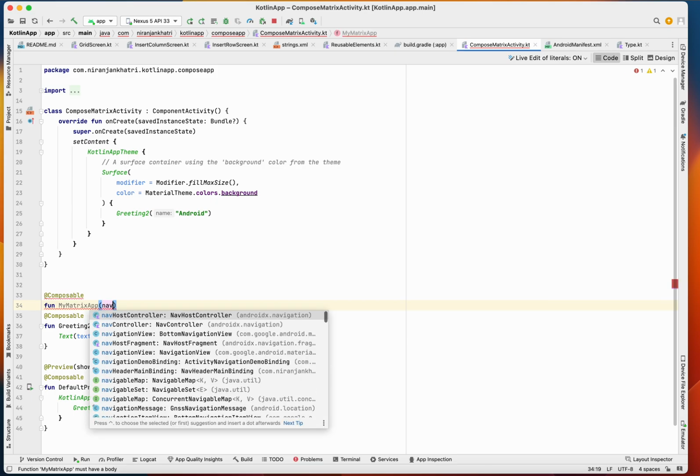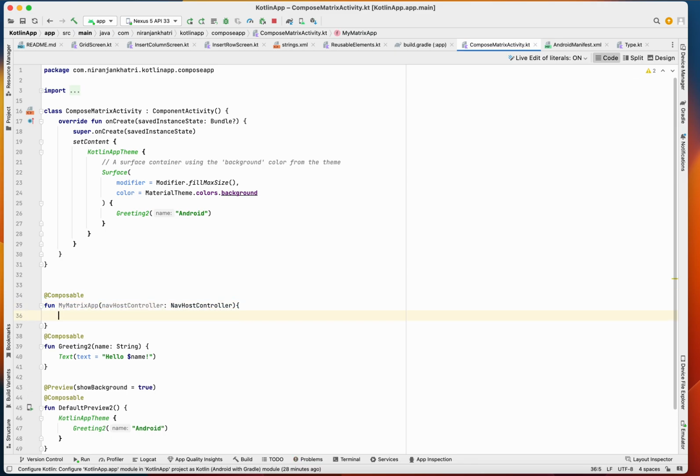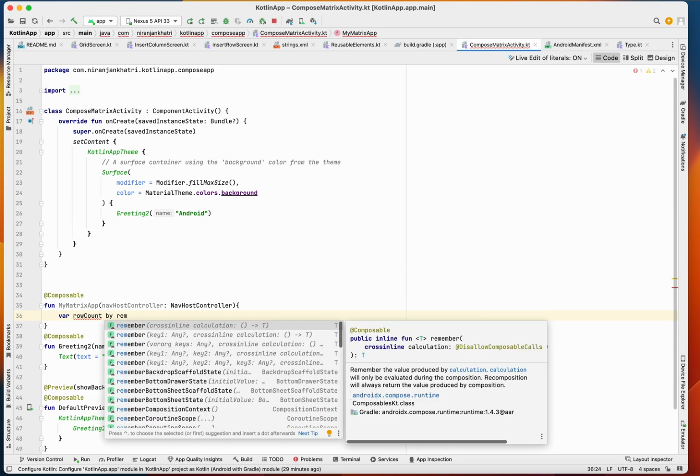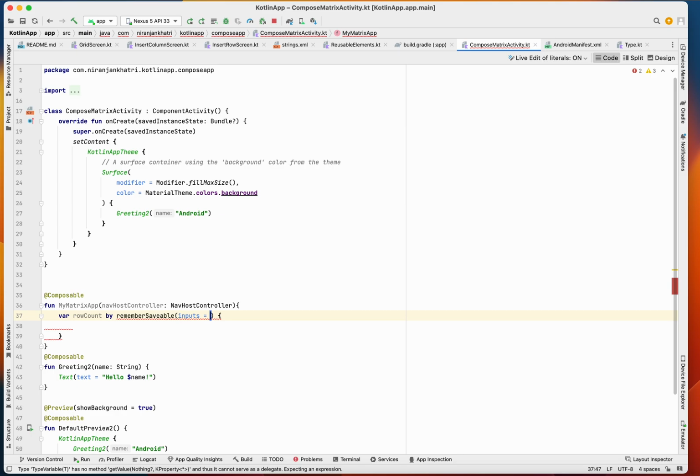So your matrix app will obviously be taking the input as a navigation controller. Then you have a row count by remember savable. So here your remember savable will be remembering your mutable state of